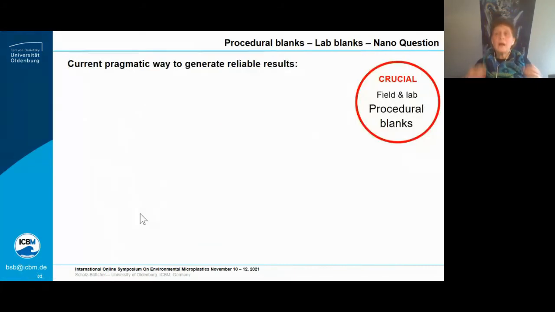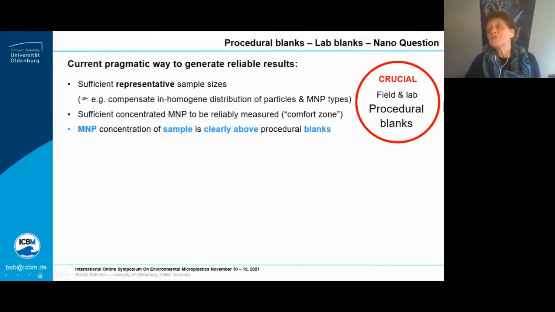kept in mind. So to come to a conclusion, the procedural blanks, field and lab, are the most important things. To make any data reliable, you have to have knowledge about these blanks, because you have to demonstrate that the measured data are not, or could not be, traced back to the blanks and are really reliable data for your samples. So what you have to do is to use, as a first step, representative sample sizes to